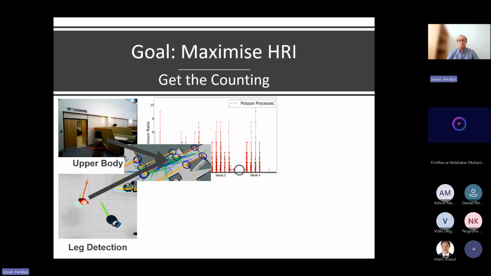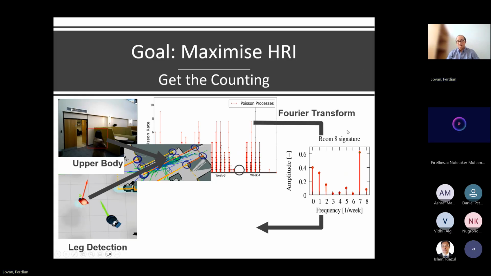So I solved this problem of jaggy and missing information by utilizing the regularity or periodicity of human activities using Fourier transform. We know that human activities are bound by regularity or periodicity, right? If you work in an office, you probably come at 9 a.m. in the morning, and then leave around 4 to 5 p.m. in the afternoon.